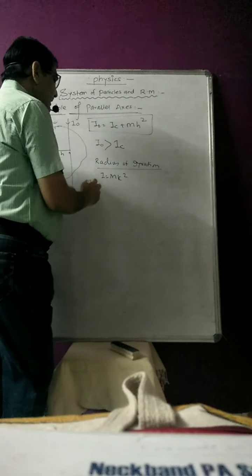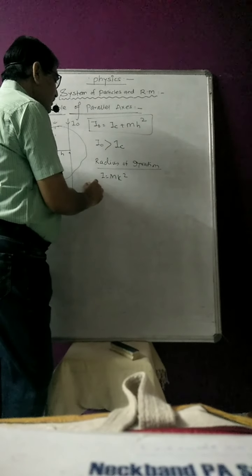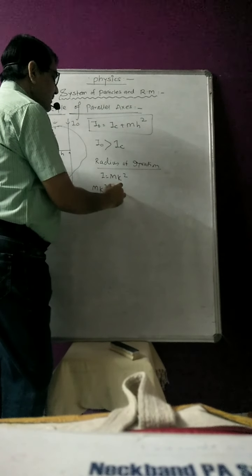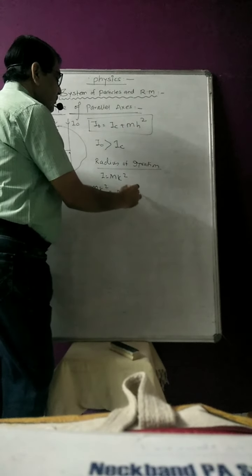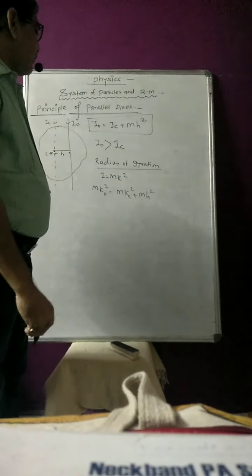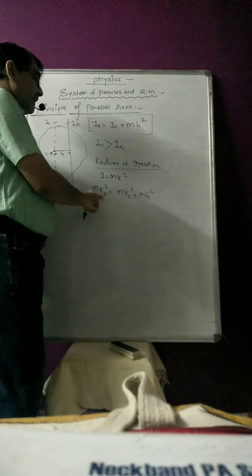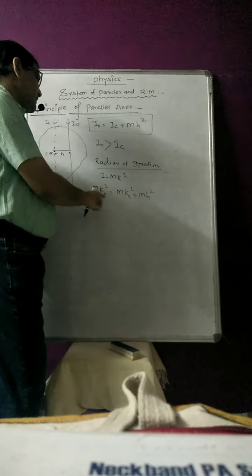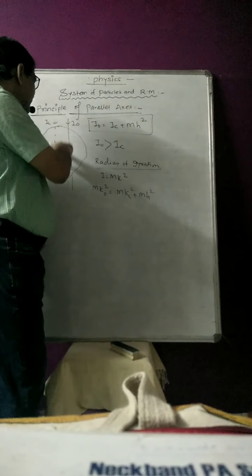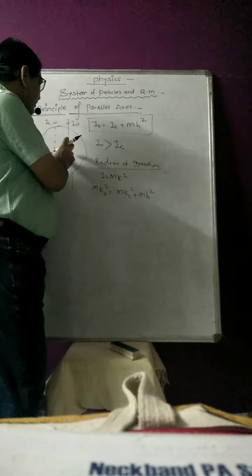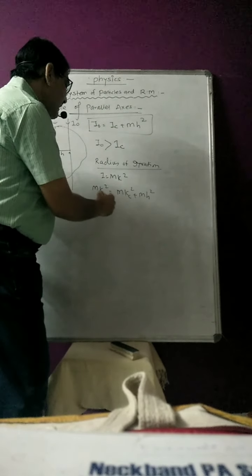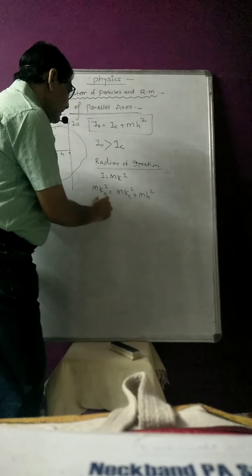So therefore the above equation can also be written as m into k0 square is equal to m into kc square plus m into h square. I can write this by using this formula. Here k is the radius of gyration about the given axis, kc is the radius of gyration about the axis passing through the center of mass, and h is the perpendicular distance between those two axes. If I take m common and cancel it,